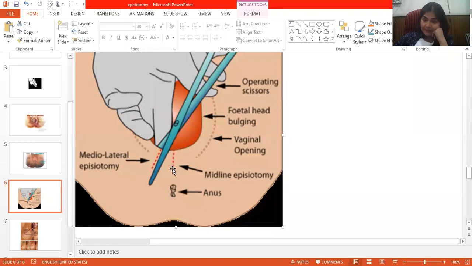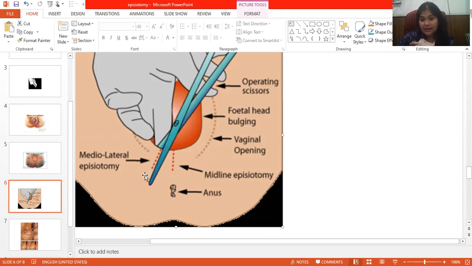If you give median, it is the easiest type of episiotomy because very few muscles are there and giving the cut is very easy. But the only problem is if it extends while the head comes out, if it extends down, it tears a little bit, then it will go into the anus. That's the only dangerous thing about median episiotomy. But otherwise, the blood loss is very less in median episiotomy. In lateral episiotomy, the chances of going into the anal area are very less. But the problem is here you have pudendal vessels, so the bleeding is more. So in between these two, what you have is mediolateral.